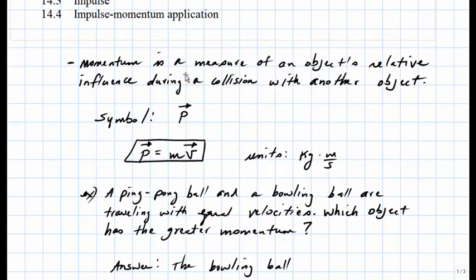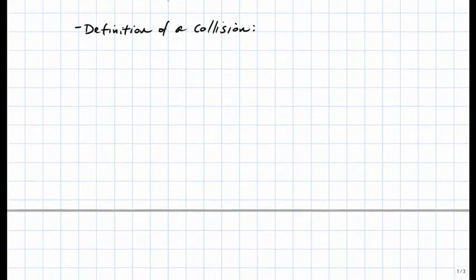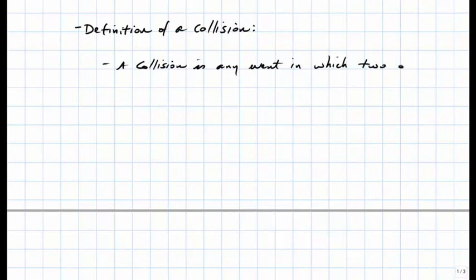In other words, momentum is a measure of an object's relative influence during a collision. And so what is a collision? Well, a collision is any event in which two or more objects